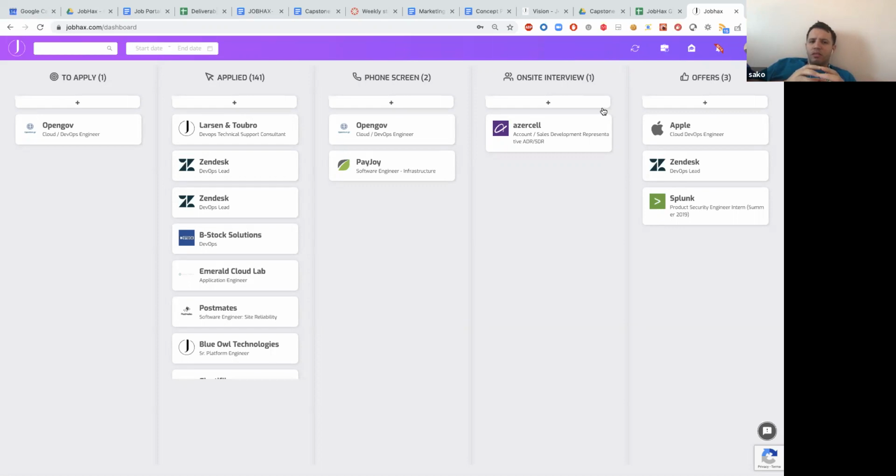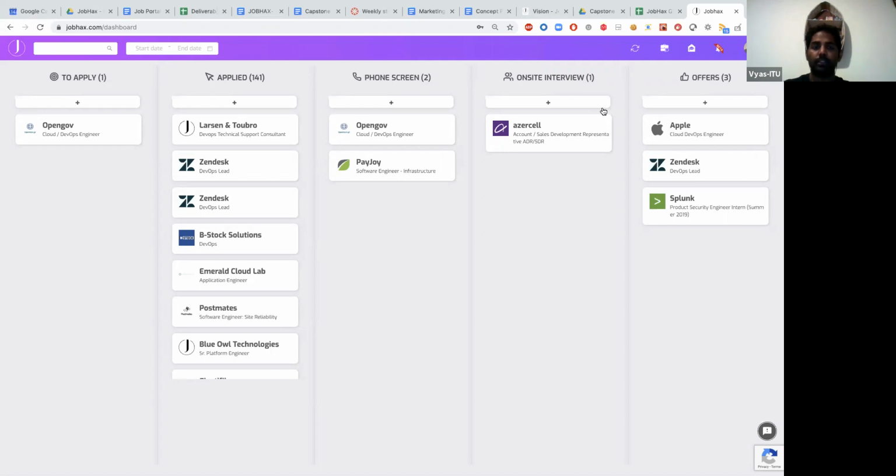How does it sound? What do you think of that as the high-level borders of the project? So I think onboarding a company, and the company itself will post jobs in JobHax.